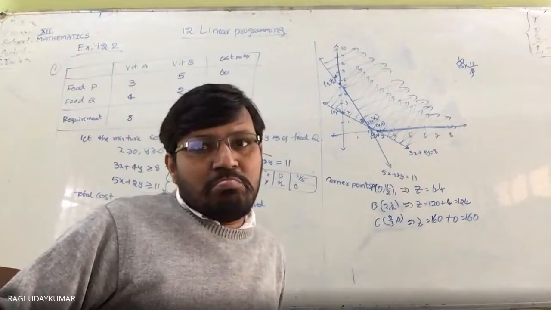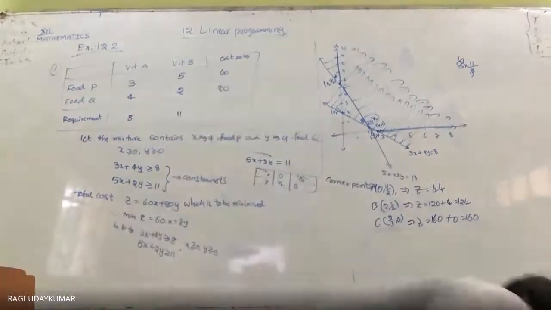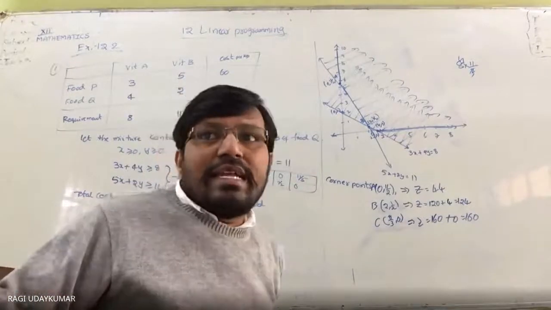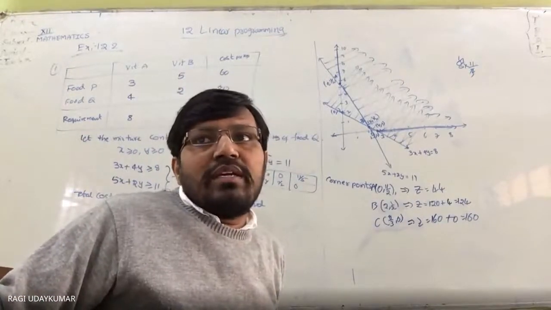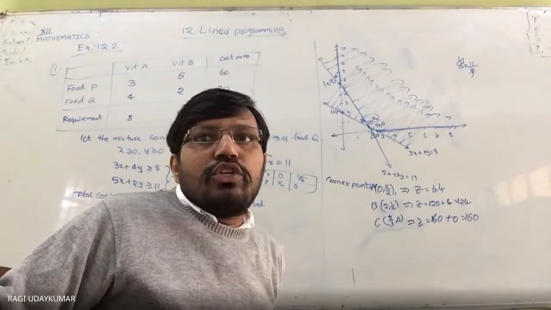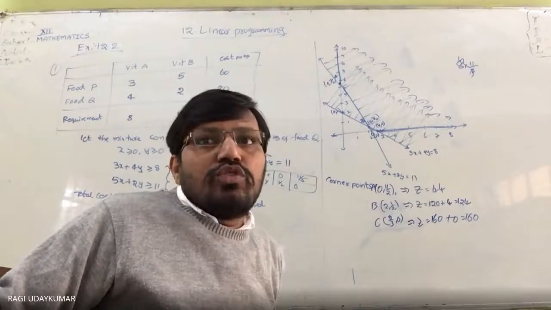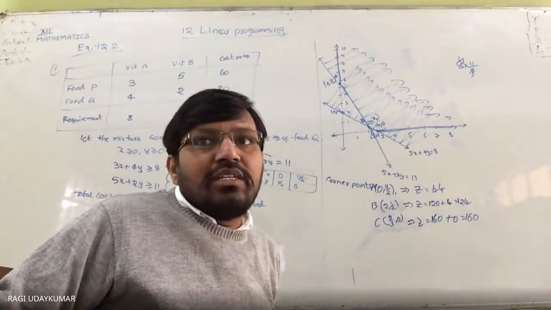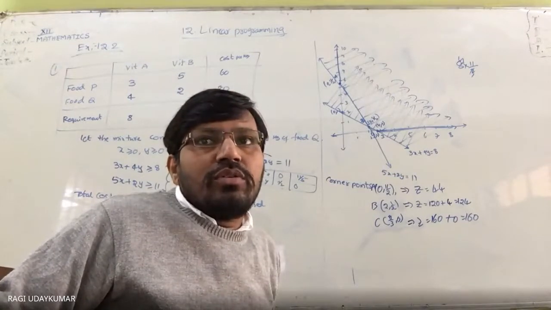44, isn't it? But consider the problem here, read the question properly. Here food P and food Q are given to you. Two foods are given to you. So whenever you take into consideration the minimum value,